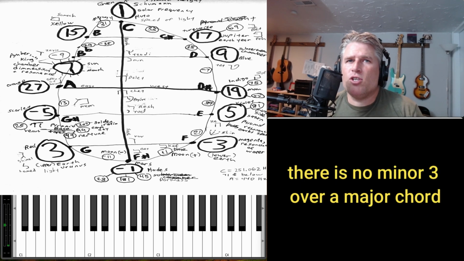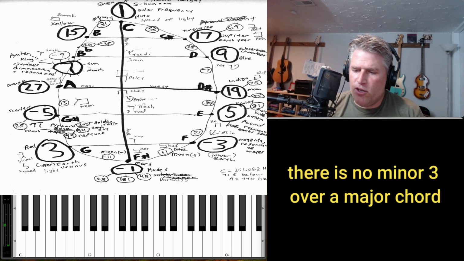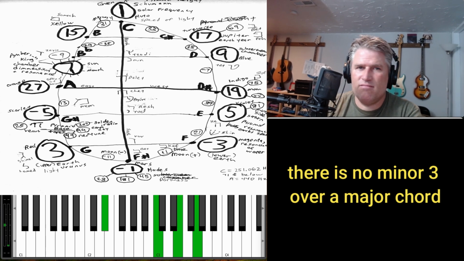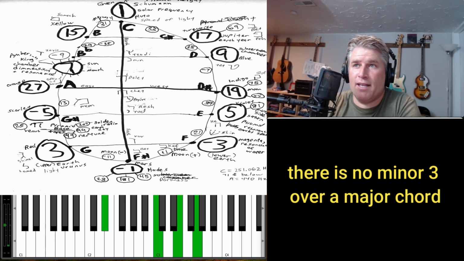Yeah, and there's some that you just can't do really at all. You can't do a minor 3 over a major chord. It's just not a chord. I mean, if you like that sound, use it, but